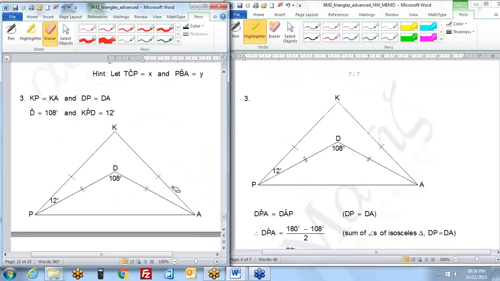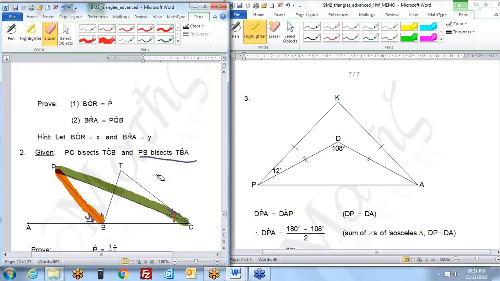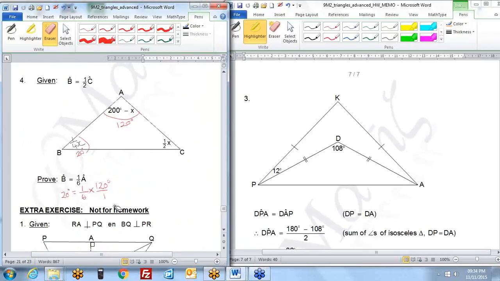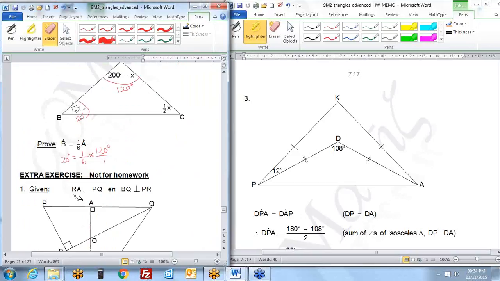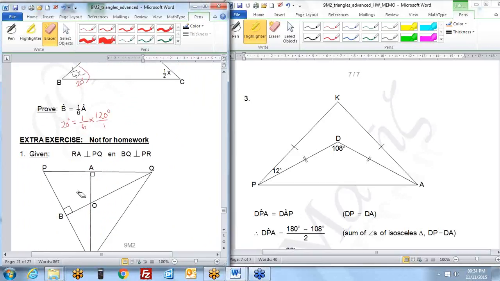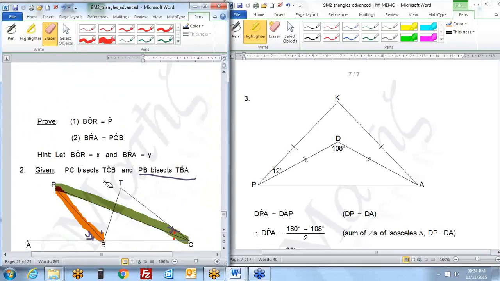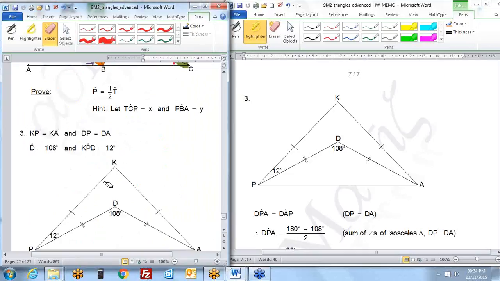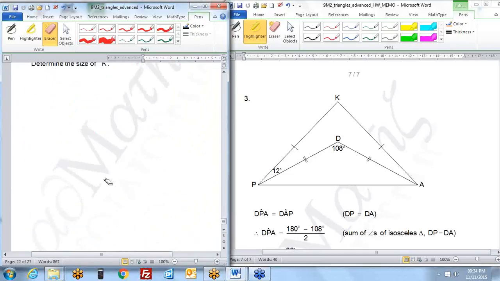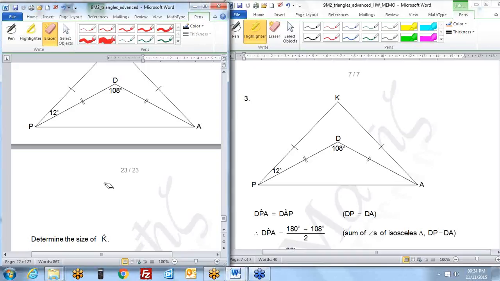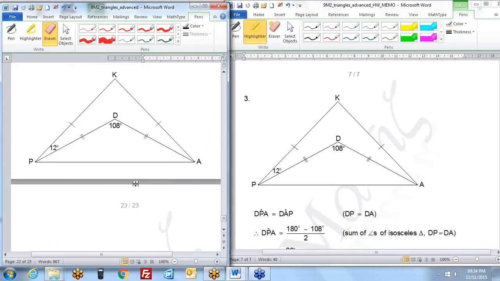And then guys, the last question. If you struggle with this advanced activity, don't be worried. There's a reason for it not being part of the homework. It's because it's just to give you that extra challenge. So you will notice that we didn't have any of them last week. So if you struggle with this, it's normal. This is like a higher grade question, just to test your thinking skills. So don't be worried if you struggle with this. This is supposed to be